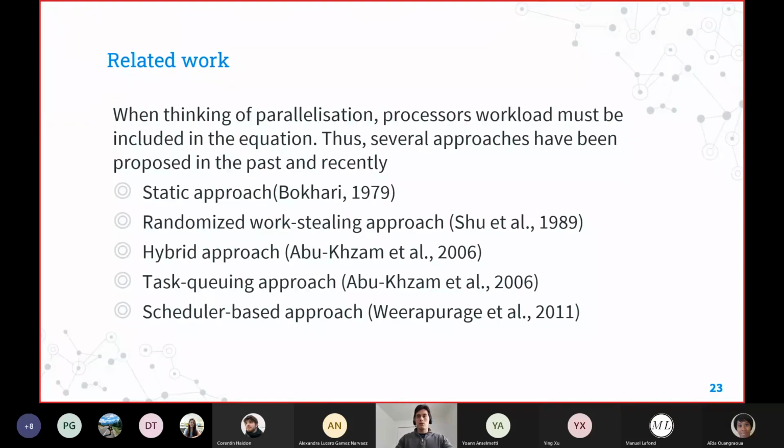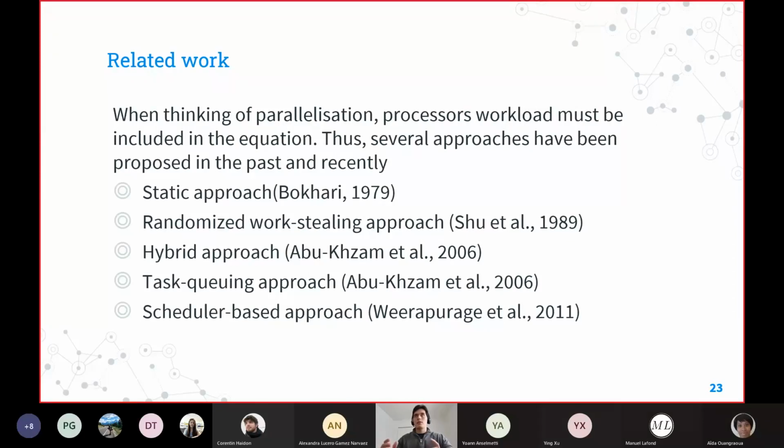Then let me introduce you to what load balancing is. When we're talking about parallelism implemented for recursive algorithms, we have to think about the workload of the processors. That is important because most of the time with a recursive or branching algorithm, each particular branch along the whole exploration tree might have a different complexity. One of those, or several, or sometimes most of them, return in a fraction of a second, and in some other cases, just a single branch is the one.